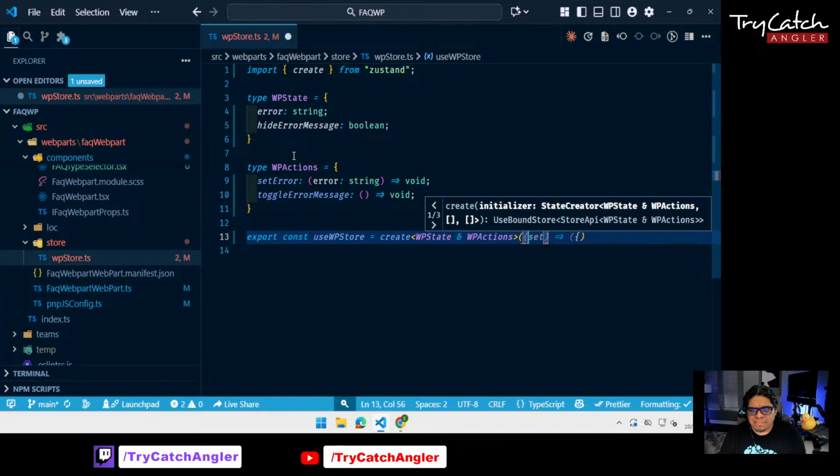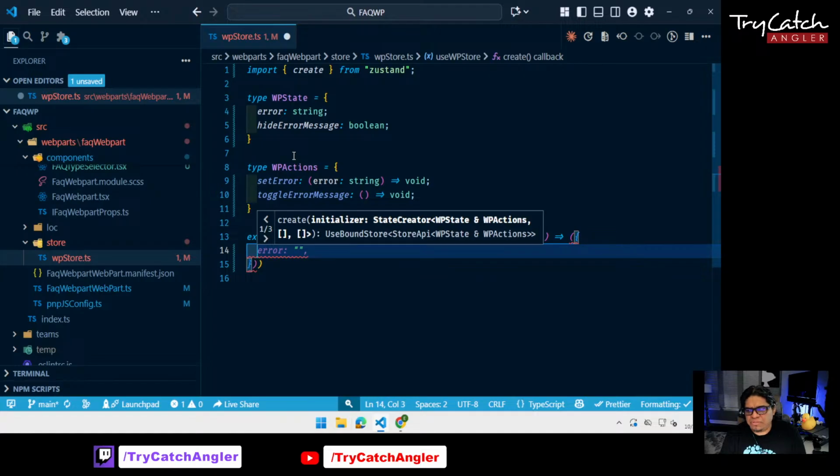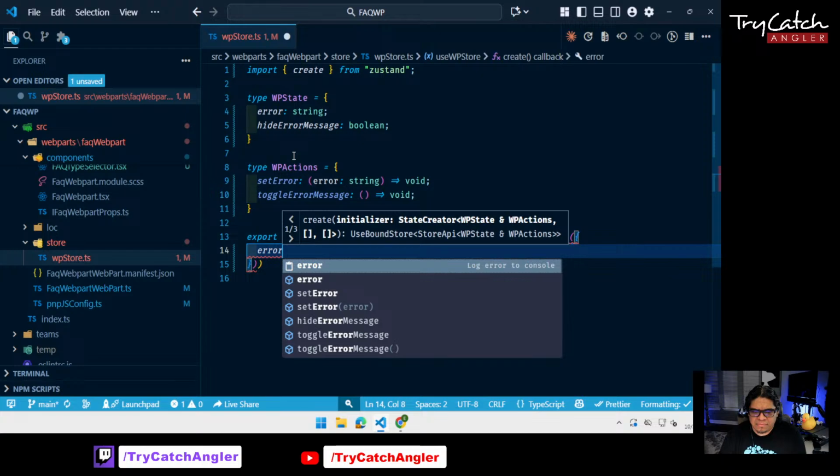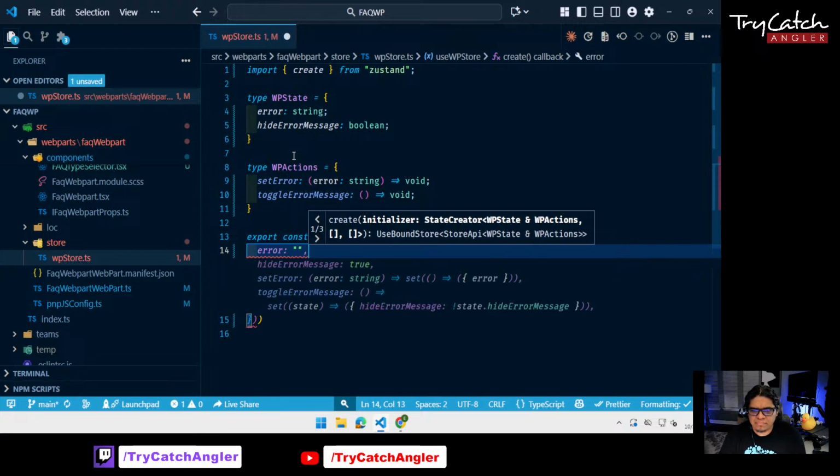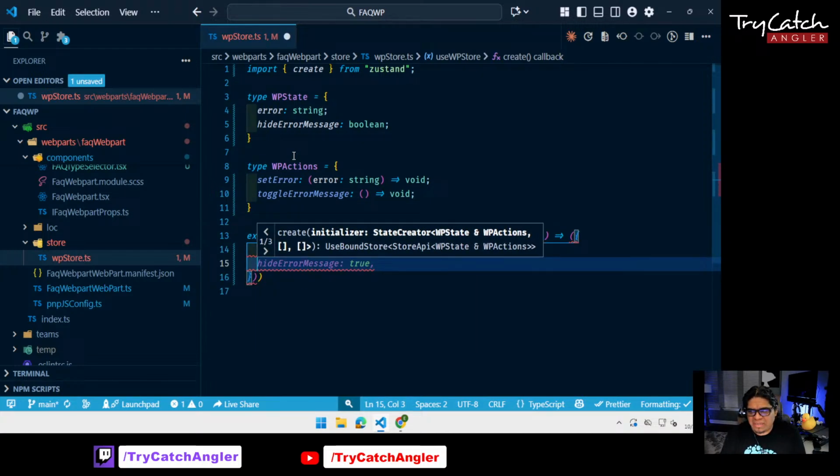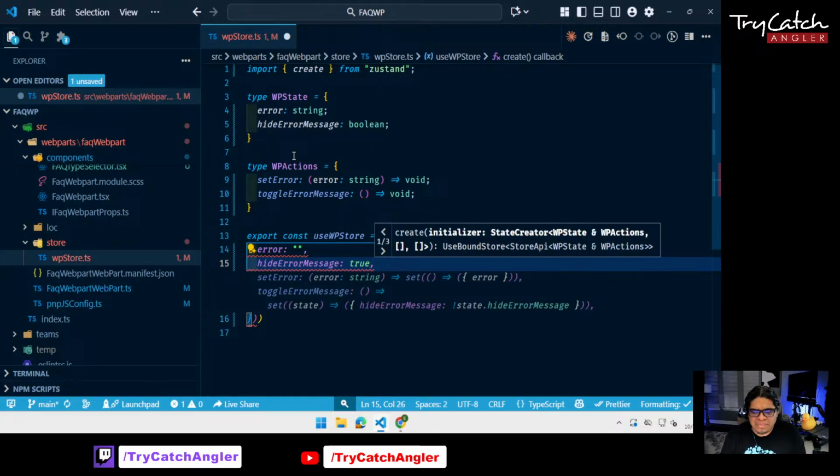Okay, and that's going to have a setter, and we're going to have an object to basically have those functions or those properties be set, or those functions to run that are going to set our properties for us. So error is just going to be an empty string for now because we don't necessarily have an error. And then hide error message is going to be true for now because we want to have